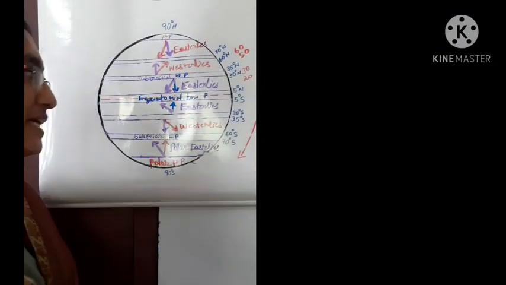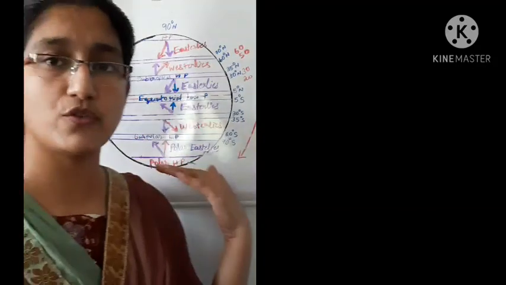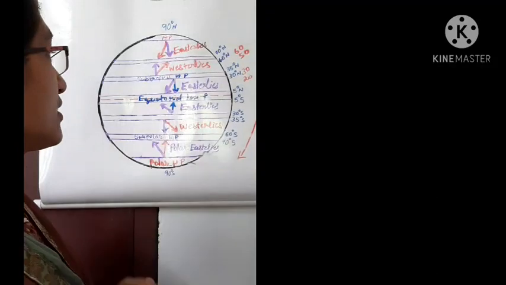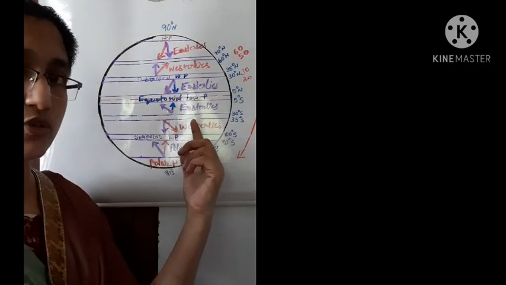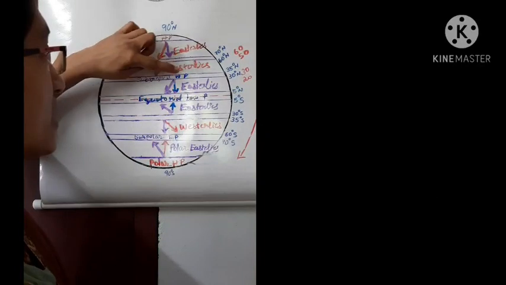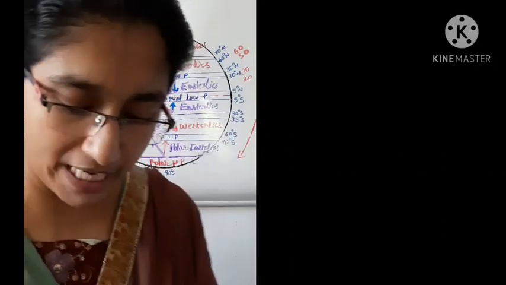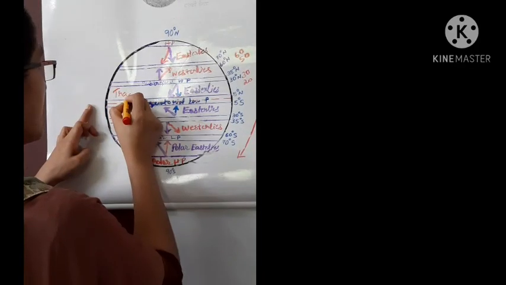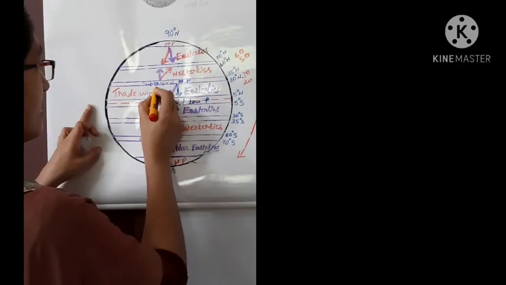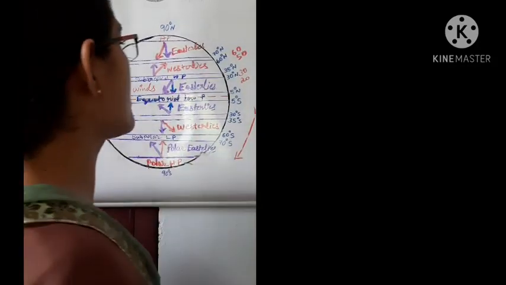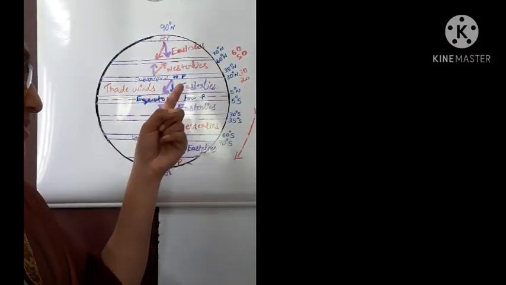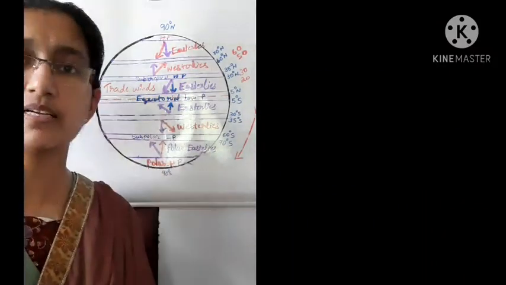Okay. So we have learned about the pressure belts that lead to the formation of permanent winds or planetary winds. Planetary winds are of three types. Towards the equatorial low pressure belt, winds are moving from the subtropical high pressure belt. They are named easterlies. Here these easterlies have one more name. What is the other name? It is named trade winds, because they are trading between the subtropical high pressure belt and the equatorial low pressure belt. So now we will call the easterlies in the subtropical or equatorial region trade winds.